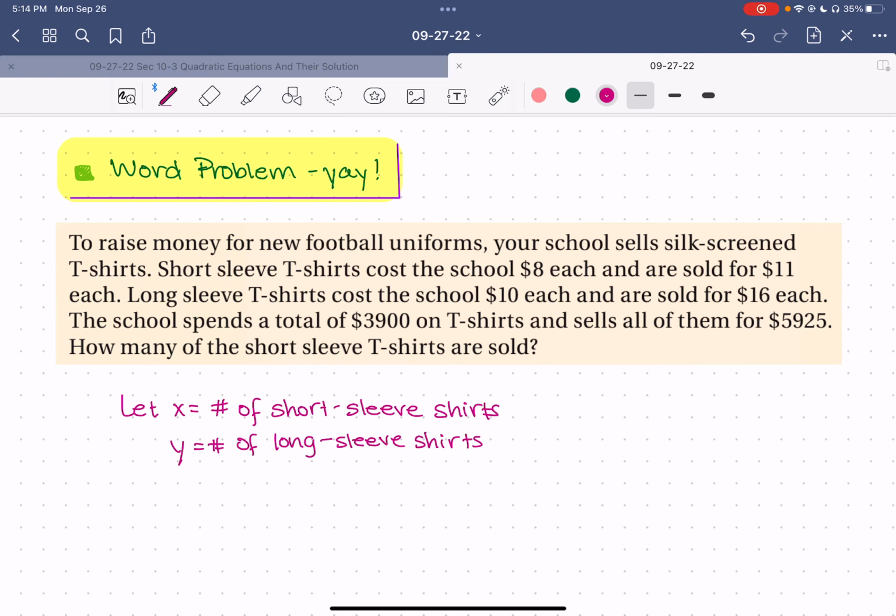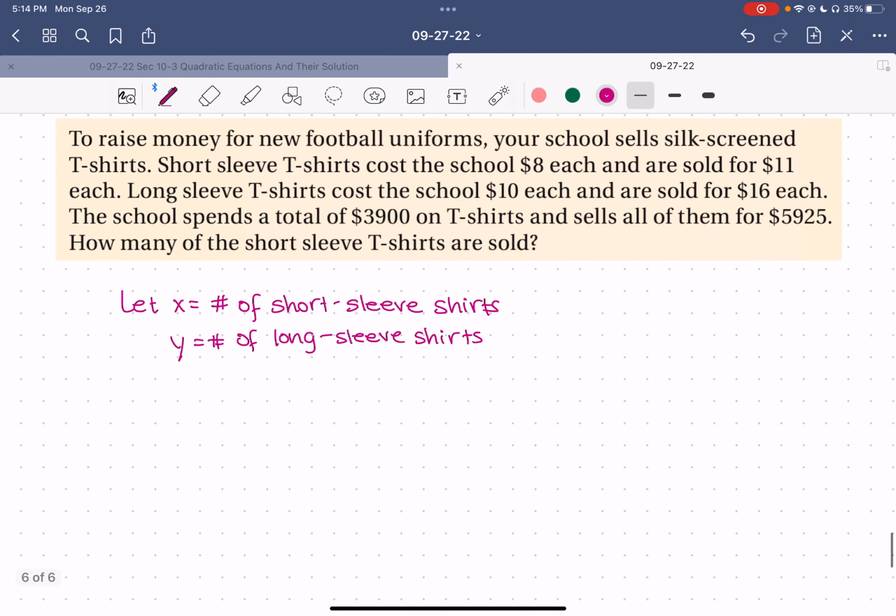So I'm looking at this problem and there's the cost and then there's how much we sold them for. So we can make two different equations. One that is the cost, using the cost of the shirts,